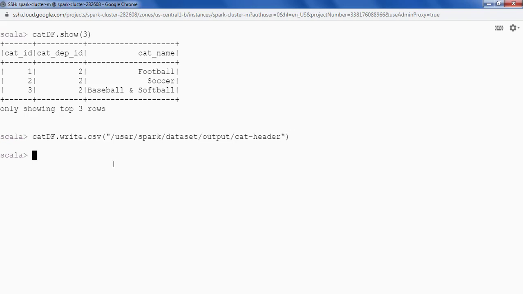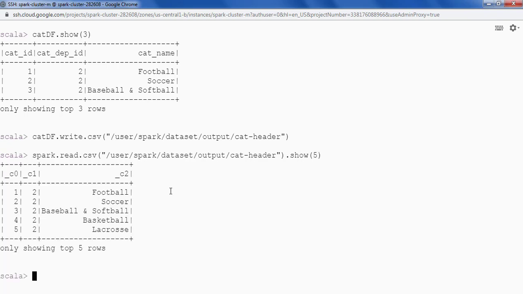Now it is done. We are able to save data in CSV format. So let's validate it. There are different ways to validate the same. We can also copy this path and simply read the file here as well. Spark.read.csv, providing the path, we should be able to see the data here only. So that means the data has been saved successfully.